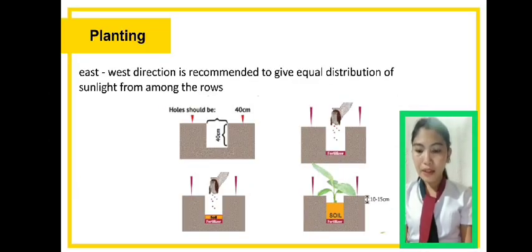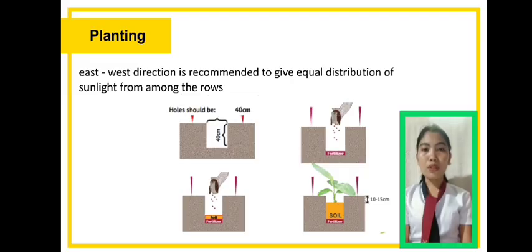Planting. East-west direction is recommended to give equal distribution of sunlight among the rows. The image visually explains the recommended east-west planting method for bananas, showing proper spacing between plants and rows, 40 cm apart to ensure even sunlight, and the addition of fertilizer to planting holes, 10 cm to 15 cm deep for